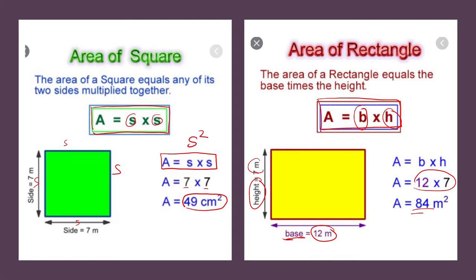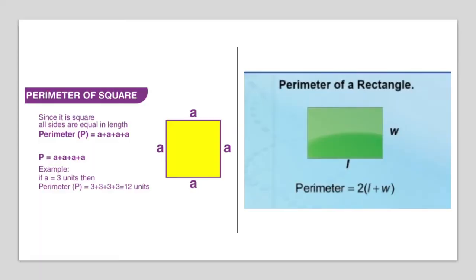All right, with that, let's move on. Now we are going to look at how to find the perimeter of a square and the perimeter of a rectangle. We know that perimeter means this line around your shape, right? So perimeter means you're going to add all the lines. So if you have to find the perimeter of a square,